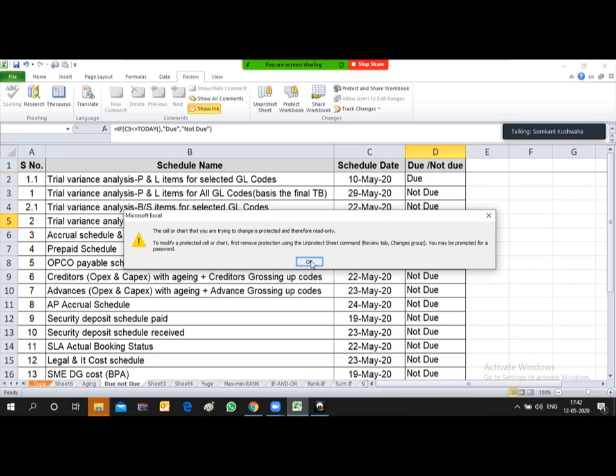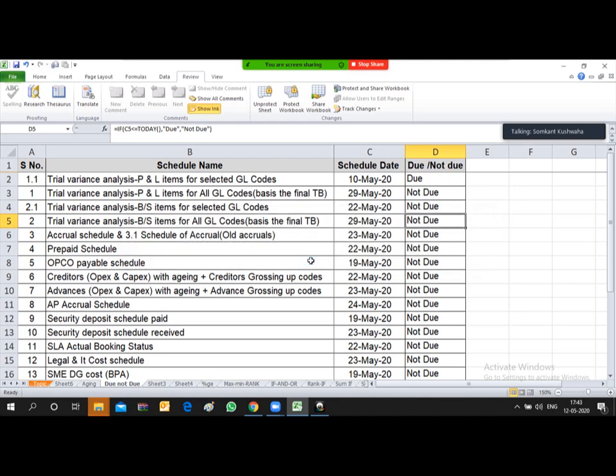So friends, it's very much important if you want to get your desired MIS in a particular format with your desired formulas or workout formulas, then you can protect your cells and send it to your subordinates or whoever the concerned person is to fill up just the desired fields, and he will be able to fill up only those desired fields and will not be able to change your other areas unless it is unprotected with that password.